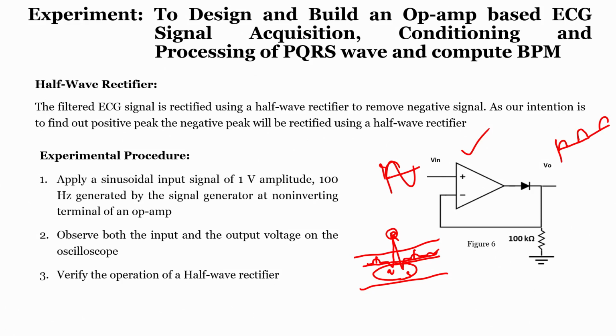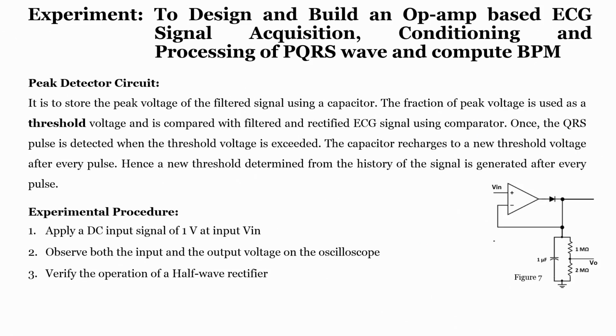So, if you see the logic to implement it, this particular capacitor part will charge, and the purpose of this 1 mega and 2 mega is to provide a threshold. But what percentage of threshold are we setting here? If you observe, this is nothing but a voltage divider circuit, 1 mega and 2 mega. Say this is V in, and this is V out. V in is the charge across our capacitor, right.